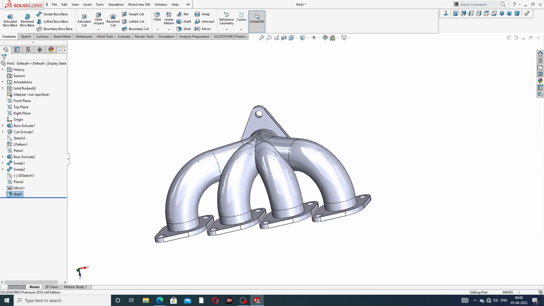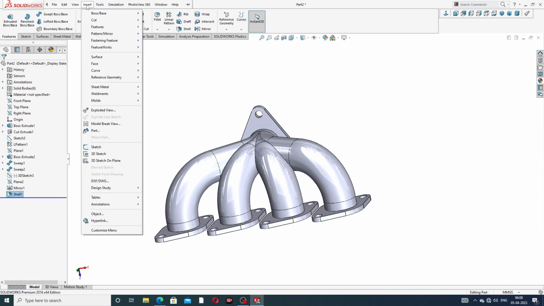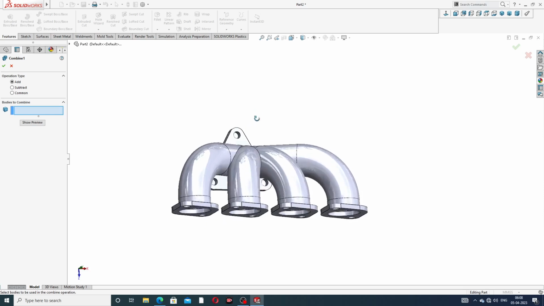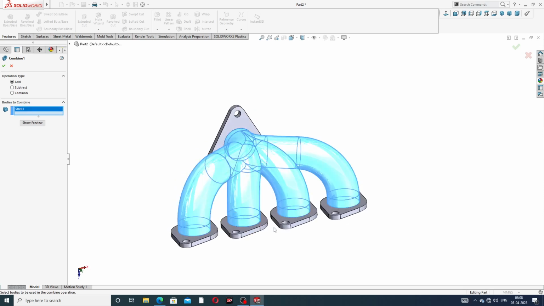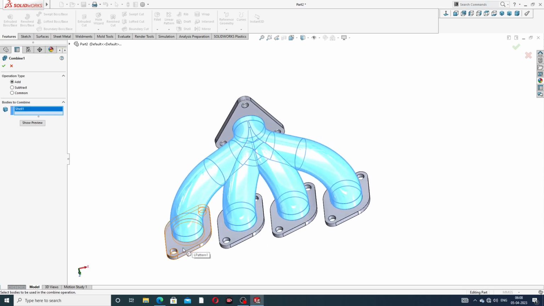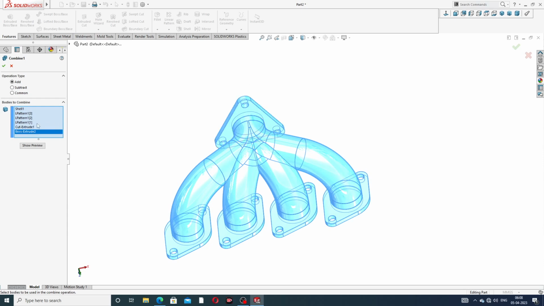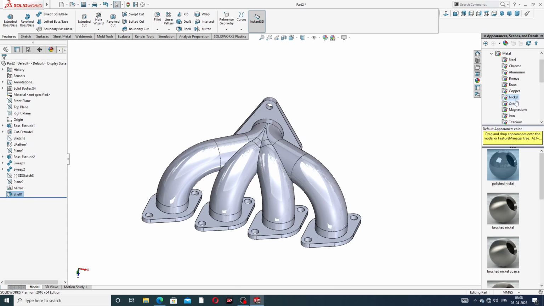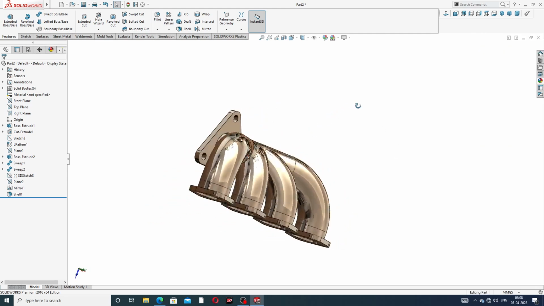But to combine, use Insert and Feature. I'm going to combine, and also use this, and select this to add all here, and click OK. All bodies can be added here, and click OK. Unable to create. Okay, this is not perfect. And use a nickel, this is perfect. Okay, this material is applied here,